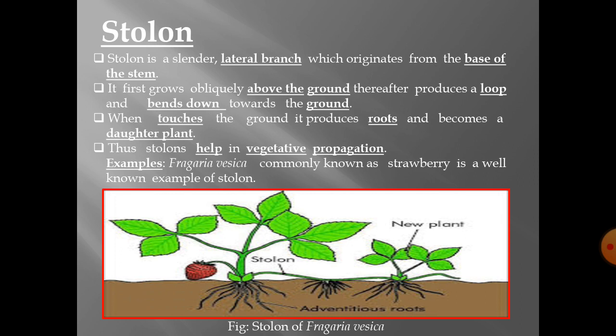Well, this is an illustration of Fragaria vesca. Students, just concentrate on the basal part of the mother plant just above the surface of the soil. This part gives rise to a slender branch, which is in fact the stolon. It grows, makes a loop, and finally touches the ground, where it produces roots. In this way, a new plant or daughter plant comes into existence, and the concept of vegetative propagation becomes established. Now, moving on to the next slide.